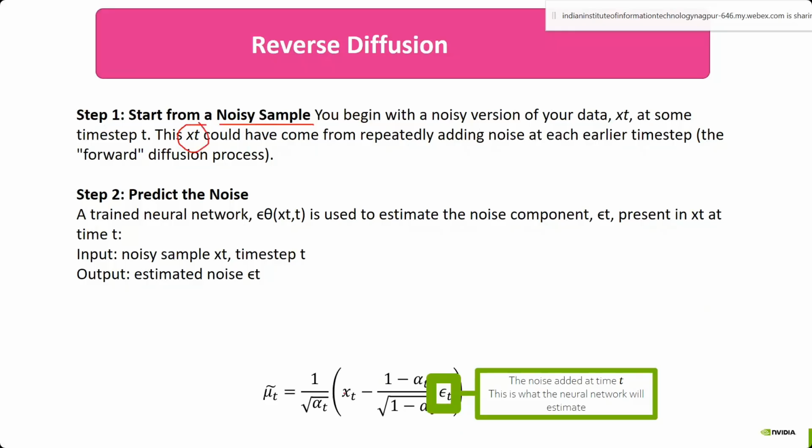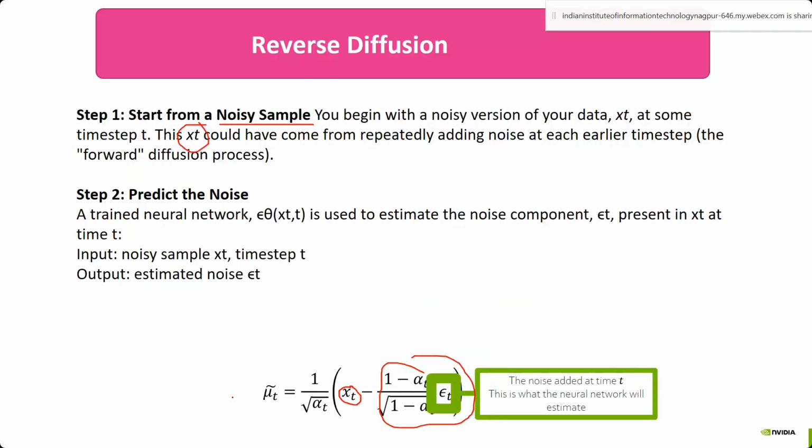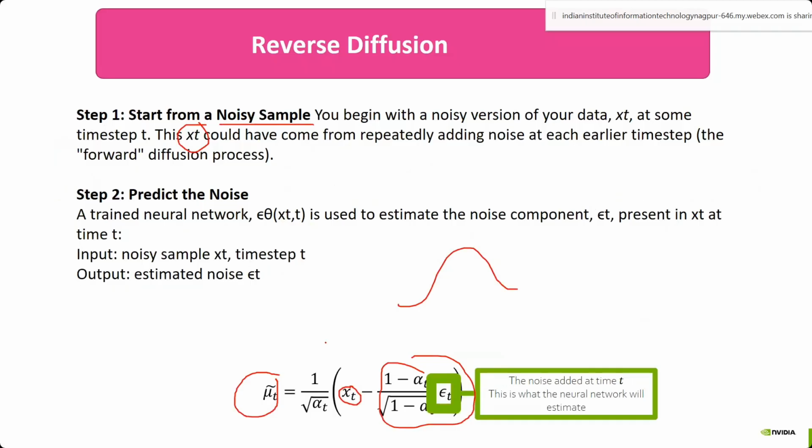So you are taking the noisy sample and subtracting something from that sample, right? You are trying to remove something from here, and then you will get this sample. So this is what that formula will look like. Here again it is completely a probability thing, not the actual xt value. It is a parameter of that distribution. So you are getting the parameter of this distribution, not the actual sample. Here you are taking the xt image and trying to subtract something.